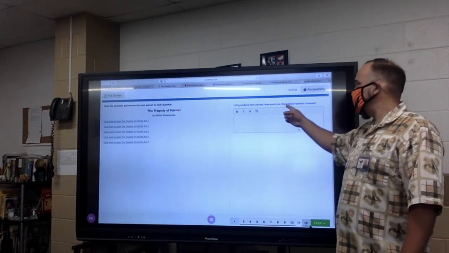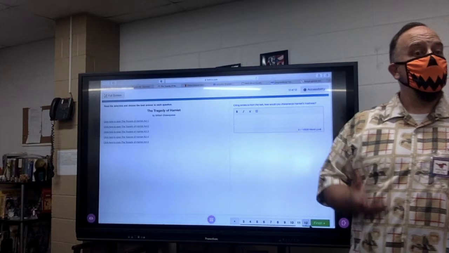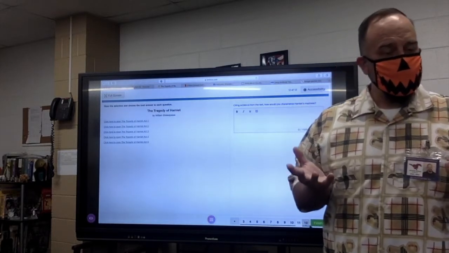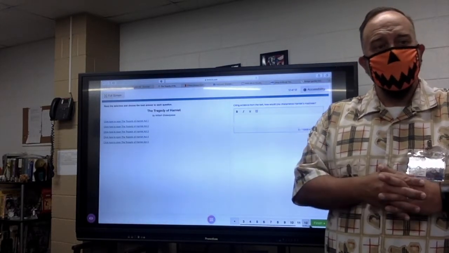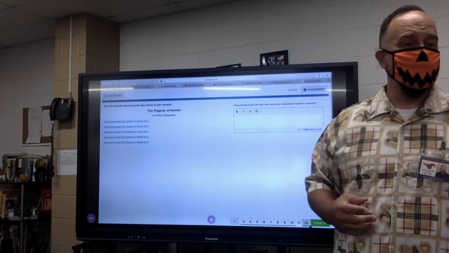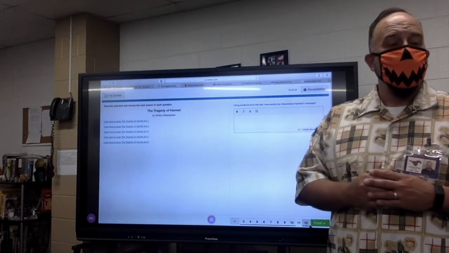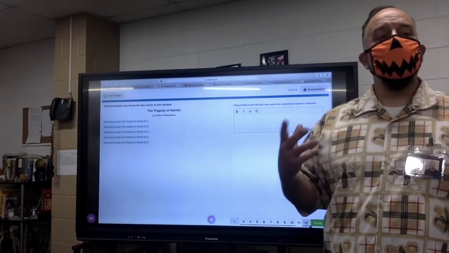Citing evidence from the text, how would you characterize Hamlet's madness? So, that's kind of an open-ended question. You might think it was legitimate, you might not. You might think it was severe, you might think it's mild. You might think that it was temporary. However you would characterize it,